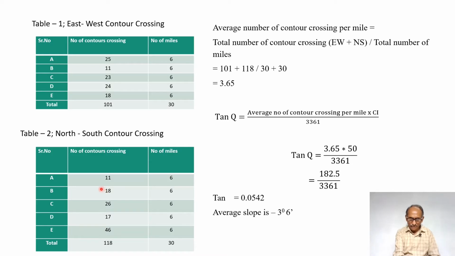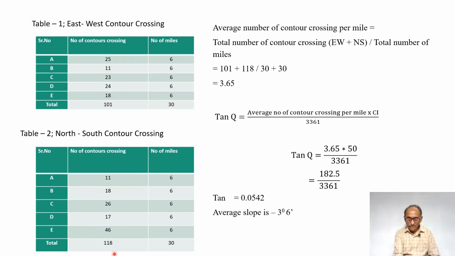So we have these number of crossings given here, and the total number of miles is the same, that is 6 miles, and it remains constant everywhere. Then you'll have to add up these values, so you get 101. So this is the total number of contours which have crossed the east-west lines, and for north-south lines the total number of contours that have crossed is